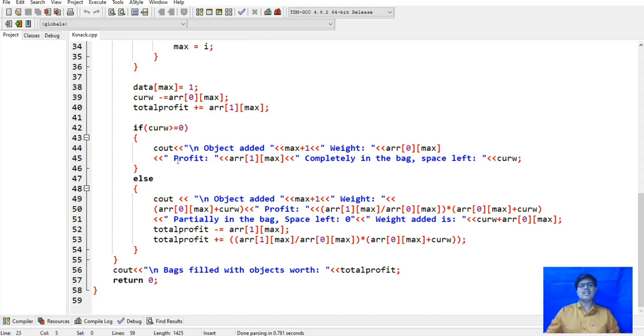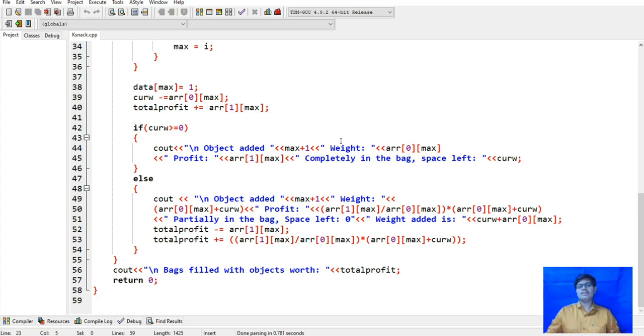Or else, if this condition is true, then it will go in the else part. Then it will print the objects added, maximum plus 1, incremented by 1. Here it will print all the weights, and the first weight, it will add the profit.